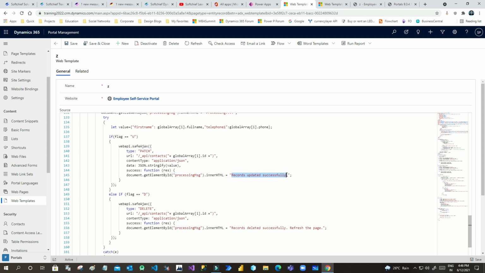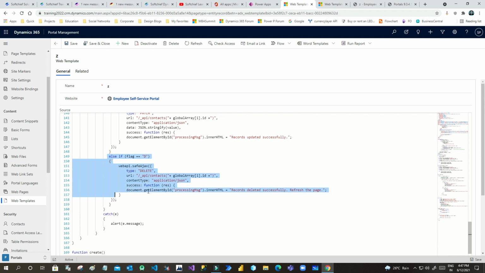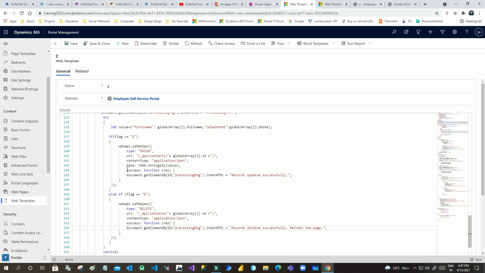Likewise, if it is delete, I just write the type of call as delete and pass the ID of the record to delete it from the server, update the processing message to record deleted successfully, and refresh the page. So this one function has two functionalities, update and delete.